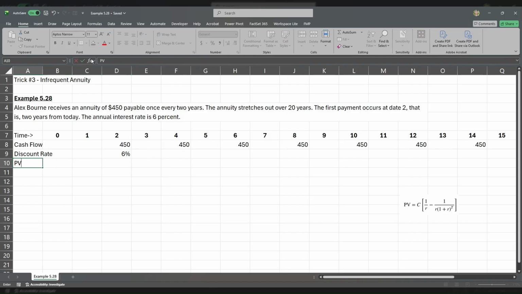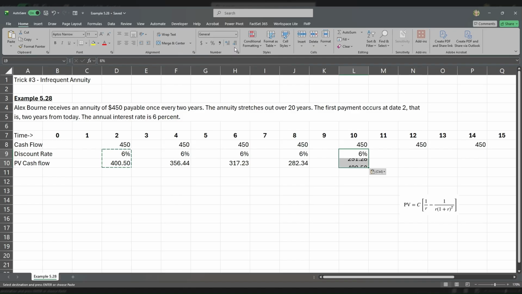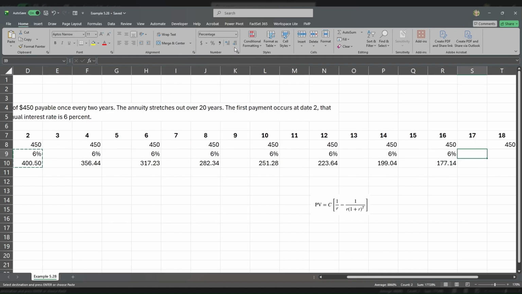And what I'm going to do is just my very fancy formula, the present value of the cash flow. So I'm going to use the present value of a single amount formula, which is my future value divided by 1 plus the discount rate to the power of 2. And this is the present value of 450 discounted at 6% 2 years from now. All right, so I can just copy and paste this all the way across on the even years